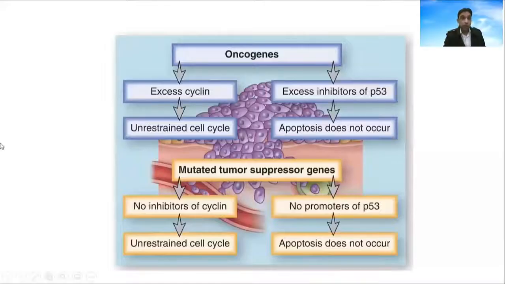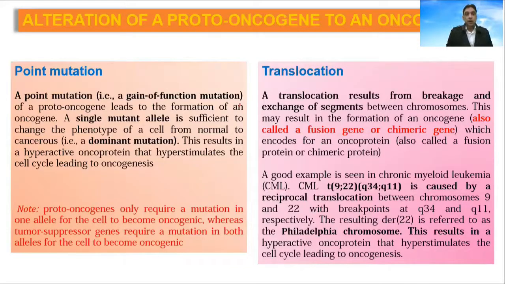From here on. So last time we were talking about the concepts of oncogenes and tumor suppressors, and we will try to explore further. I have also shared some examples of how a proto-oncogene is converted into an oncogene. I shared an example of point mutation, and then an example of translocation.